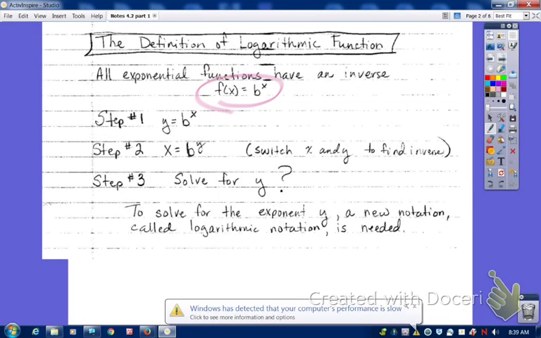Y'all are killing me. Would f of x equal 5 to the x look familiar to you if you did your homework last night? Yes. F of x equals 1/2 to the x. So b is just some number. You did those last night. Okay? Now, f of x is really a